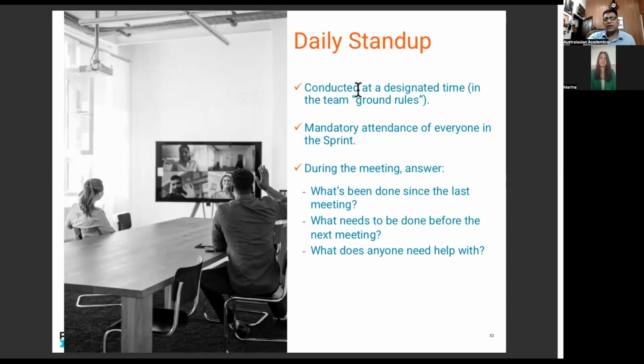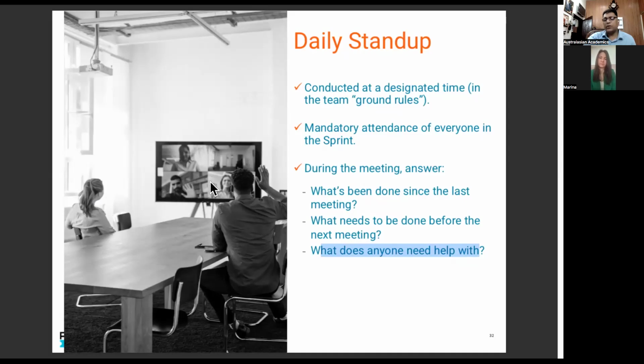A designated time, obviously, and the ground rules or team rules apply during the meeting. What has been done since the last meeting, which was yesterday? What needs to be done before the next meeting? What we need to do today? And what does anyone need help with? Are there any roadblocks or impediments that we need to work on? That's your daily stand-up.